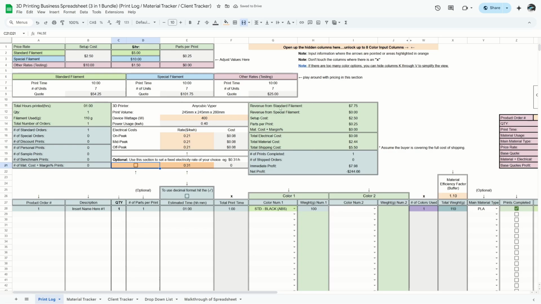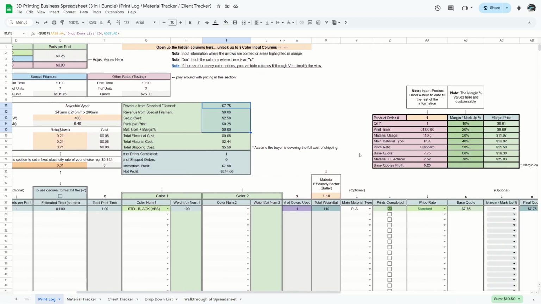And then we go over to this section here. We have the revenue from the standard, special, and then you have the setup cost, and then you have the parts per print, and then your mat cost plus margin. You'll see all these values here. So right now, if we go back over here, we see our pricing rate of a standard with a base quote of $7.75